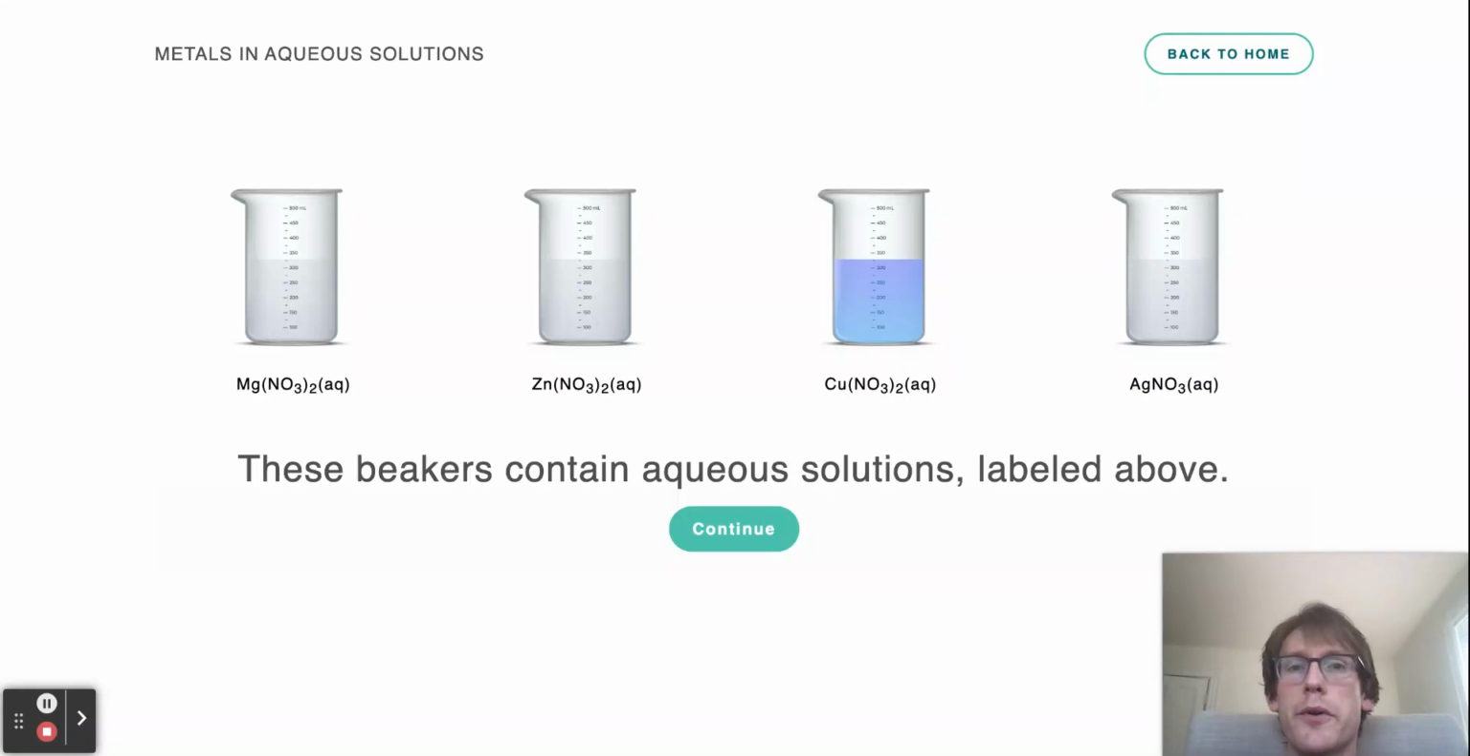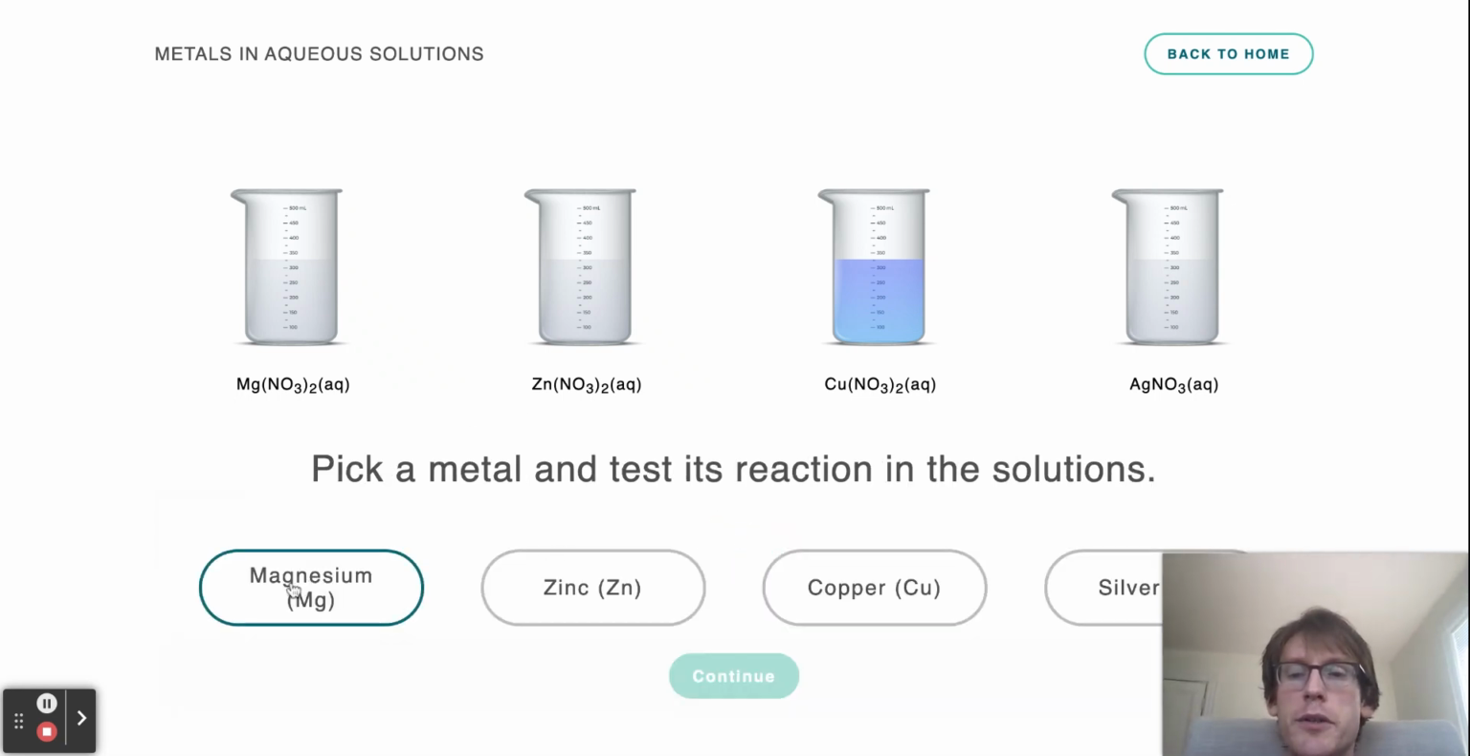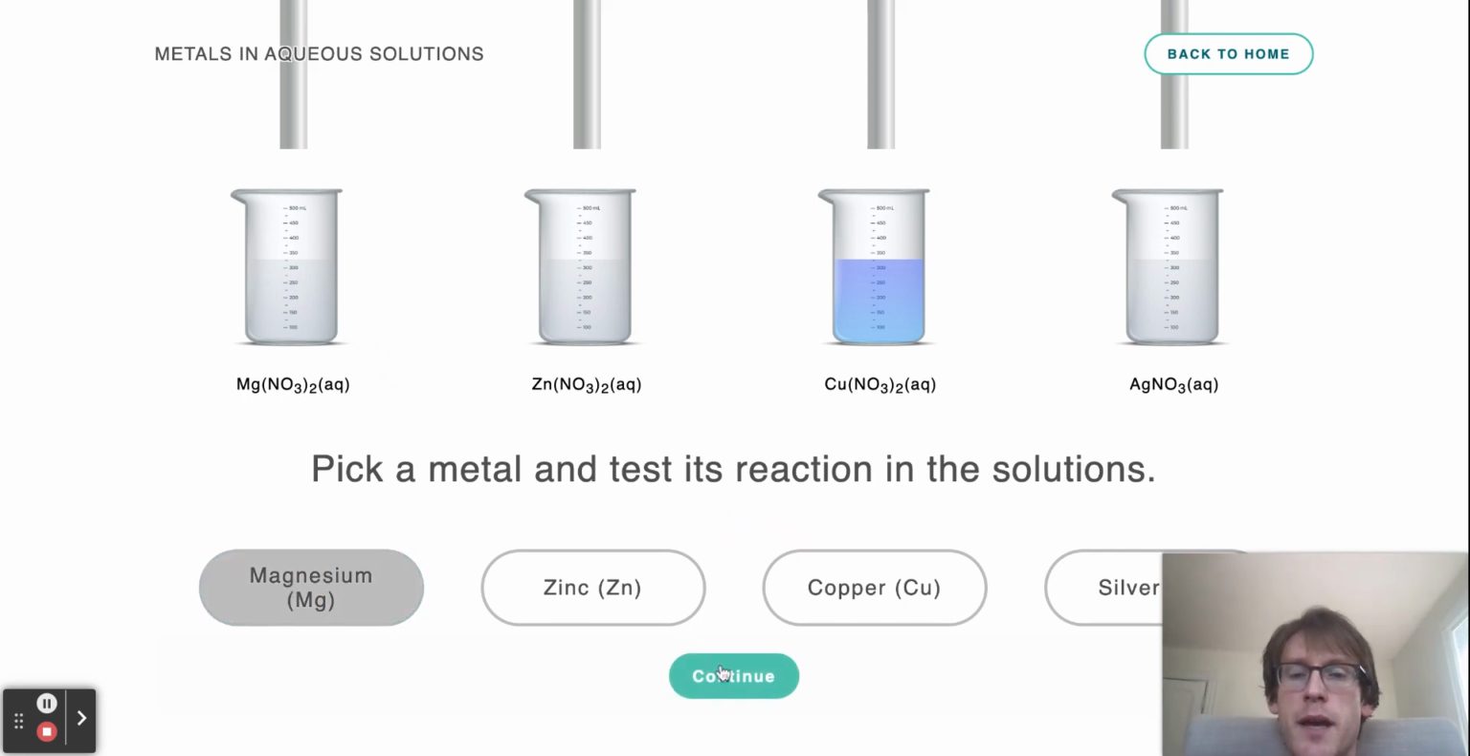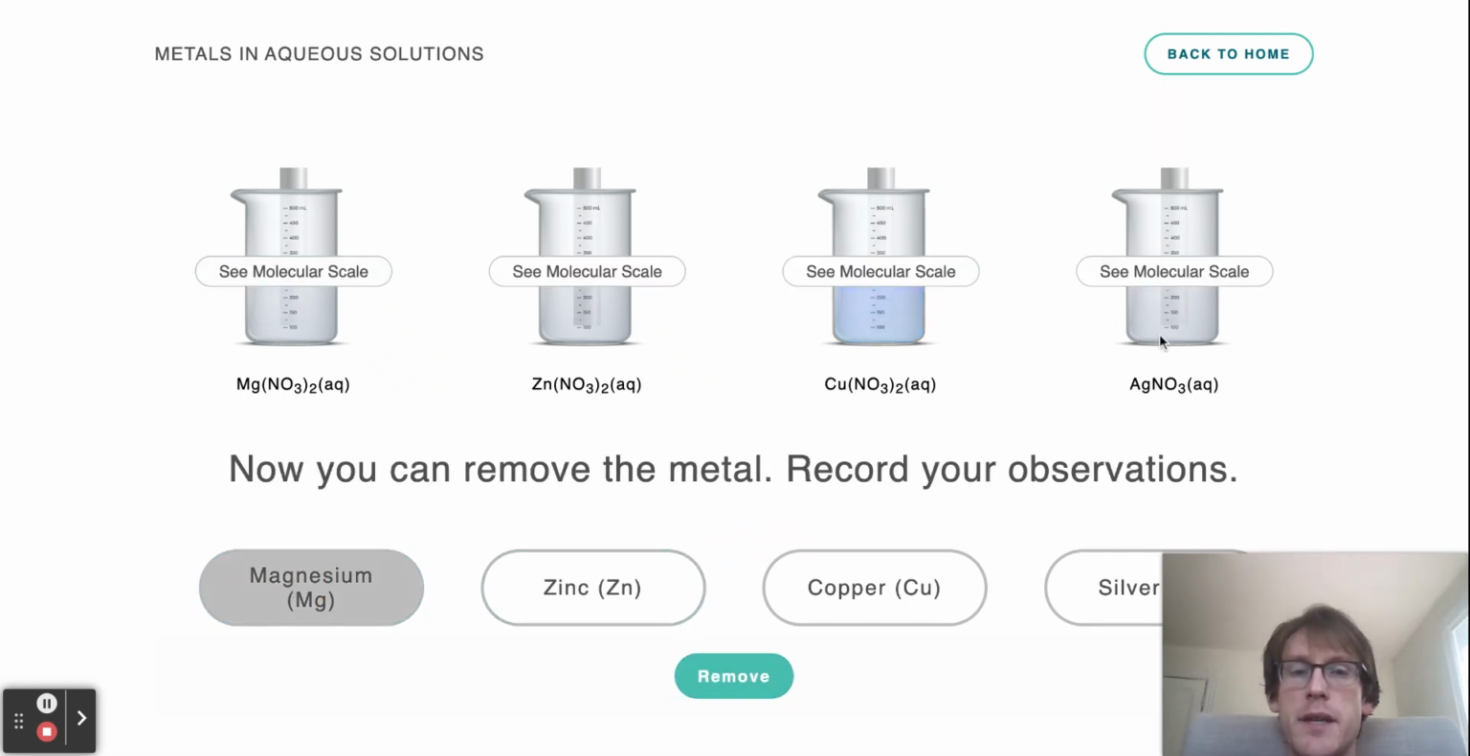In this video, we're going to learn about the activity series through some simulations. So we have four beakers here, each with a nitrate solution of a metal. So magnesium nitrate, zinc nitrate, copper 2 nitrate, and silver nitrate. And what we'll do is we'll take a piece of magnesium and drop the piece of magnesium into each of